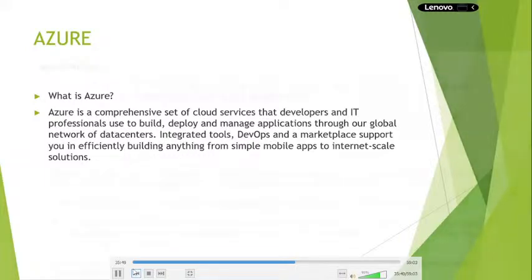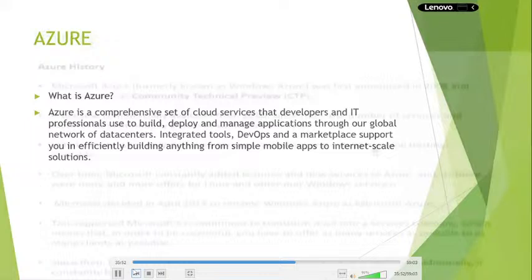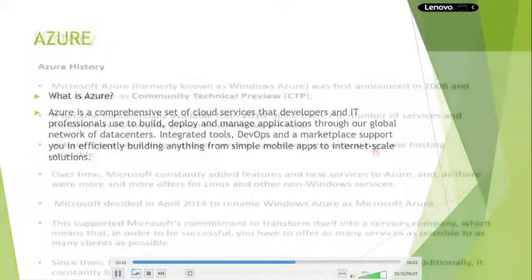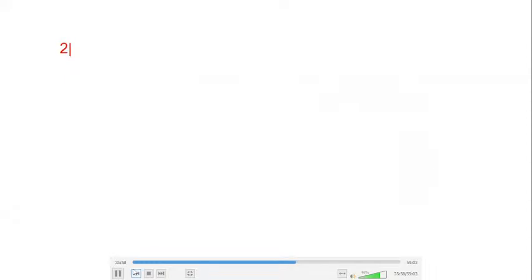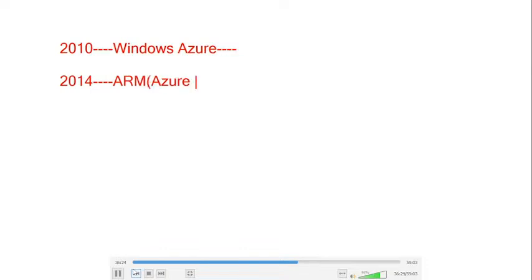Next, when did Microsoft Azure come into the picture? It came into the picture in the year 2010. At that time we called it Windows Azure. Windows Azure supported only Microsoft related applications. Later, in the year 2014, they introduced a new deployment model called ARM. ARM stands for Azure Resource Manager. And they renamed Windows Azure as